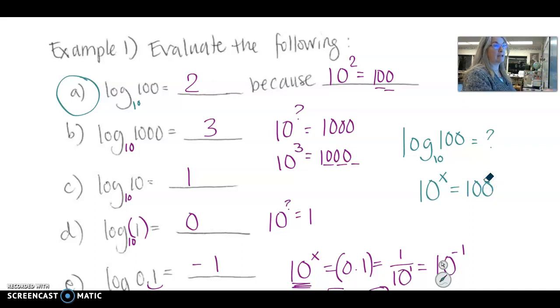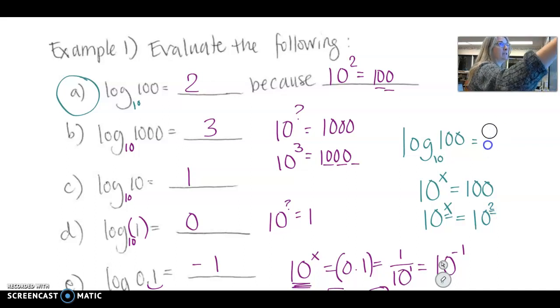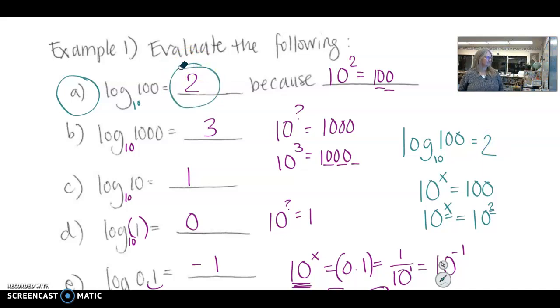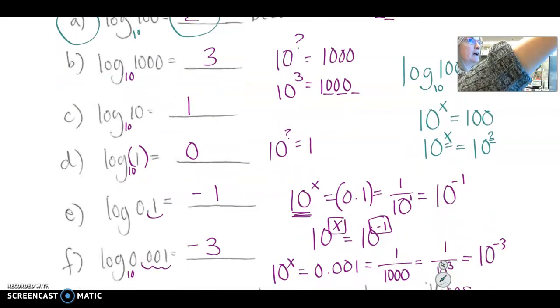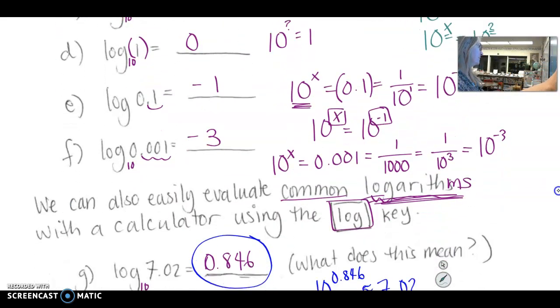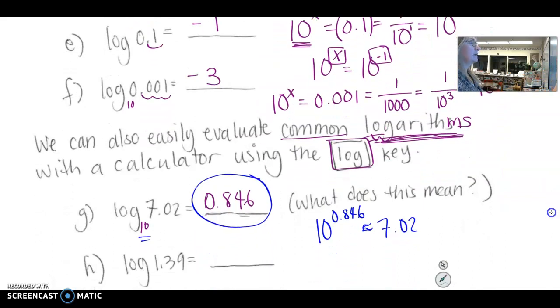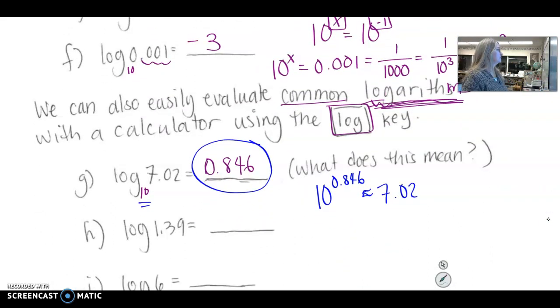And of course, it would be 10 squared because 10 squared is 100. And if 10 to the x equals 10 to the second, then our exponent here must be equal to 2. So that's how we got this answer. And similar processes for B, C, D, E, and F. So moving on to the next example is evaluating common logarithms, and we did a few of these as well